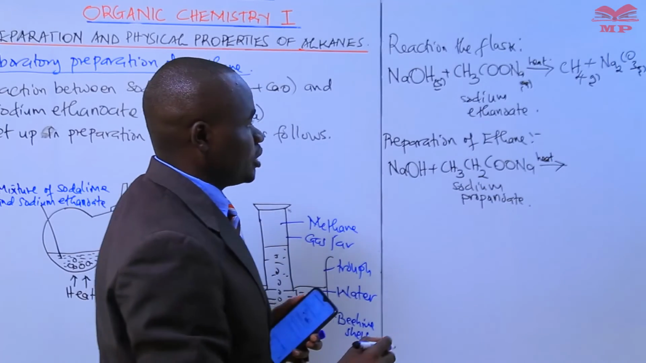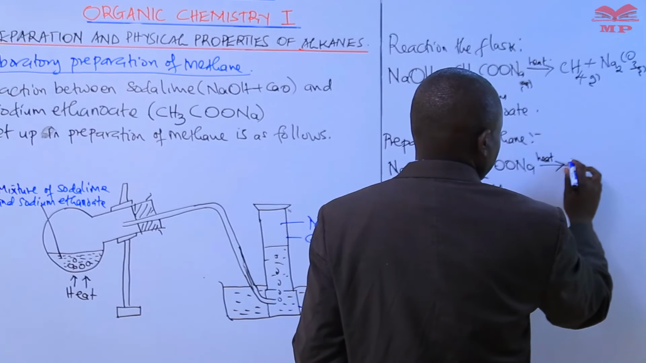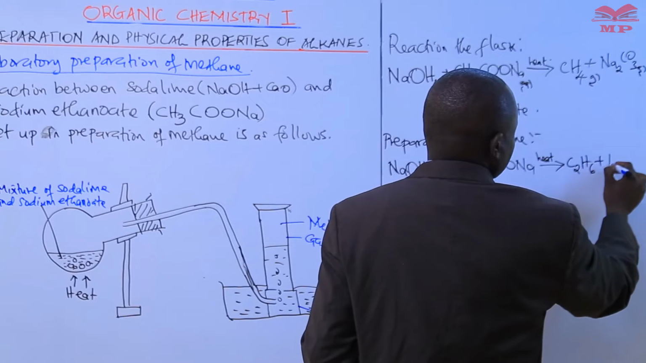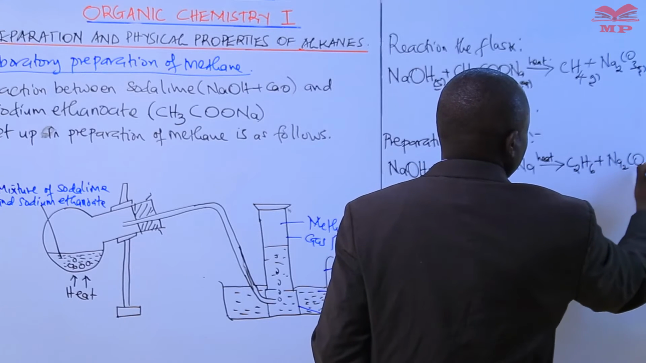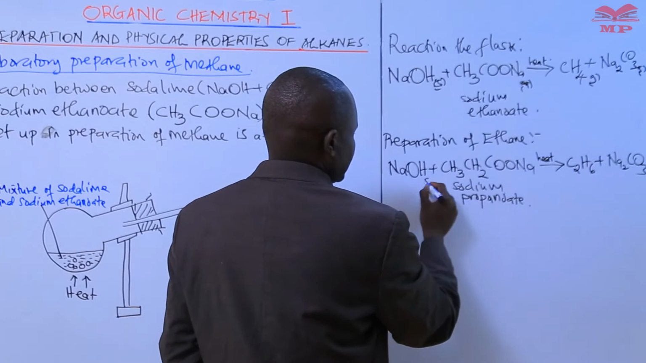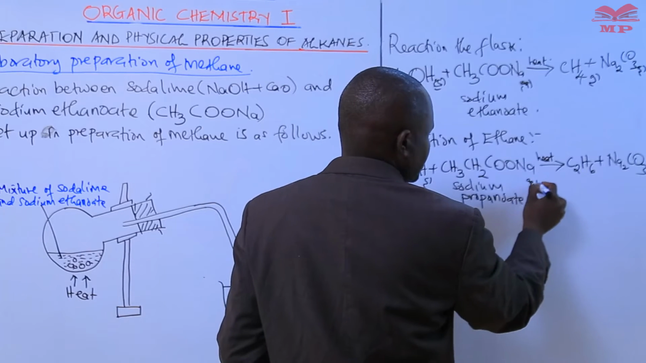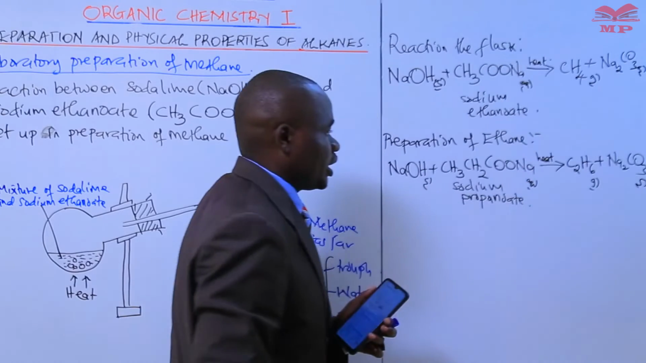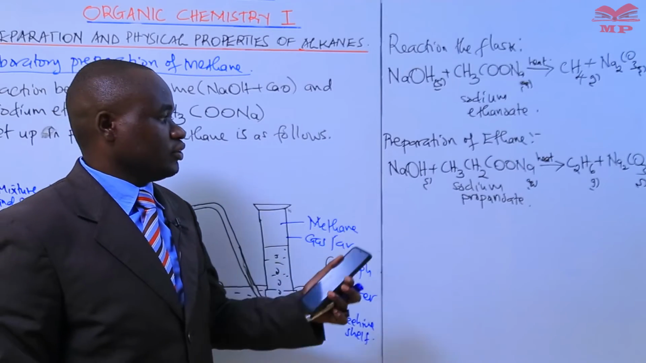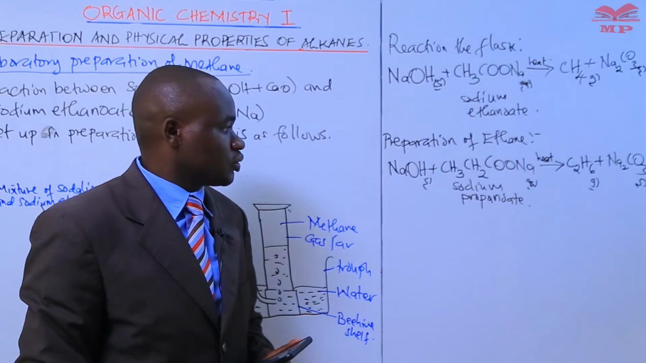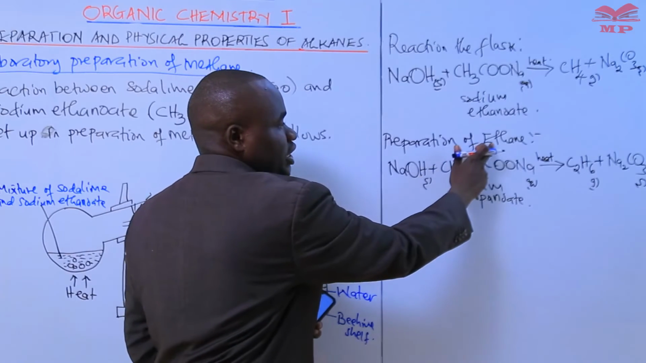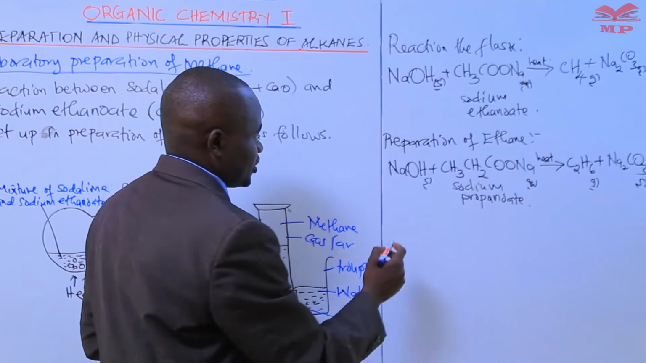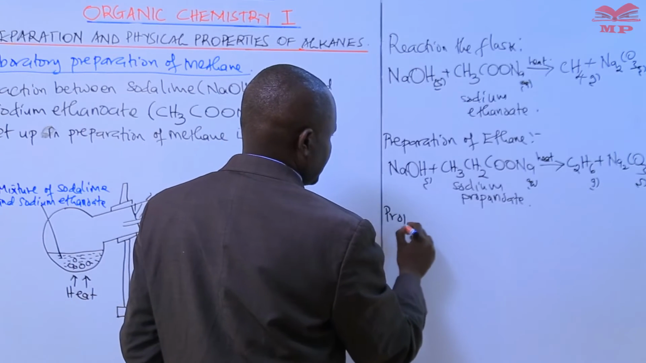The product will be ethane. The formula is C2H6, and the other product will be the same, sodium carbonate. So state symbols: solid, this one is liquid or aqueous, then gas, and then solid. Balancing, if you check the equation, it's balanced. So we are saying for us to get ethane, we use sodium propanoate. Suppose you want to get the next one,